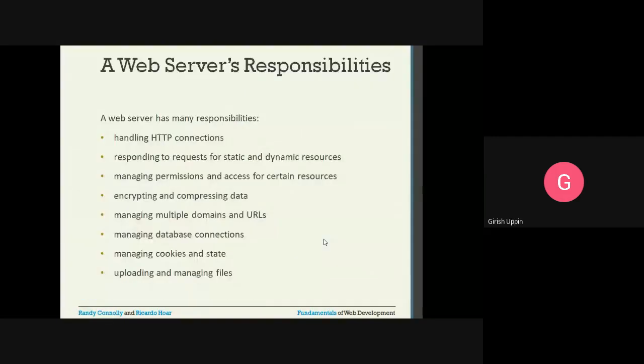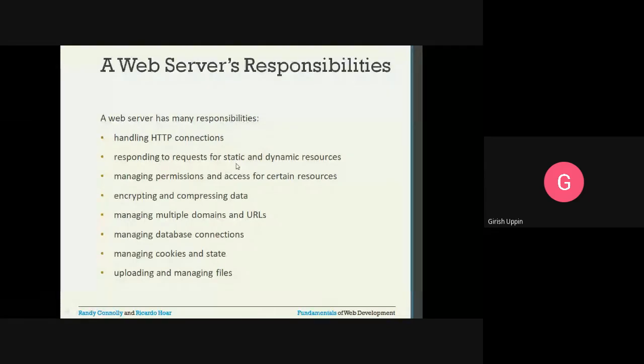So what are the responsibilities of the web server? A web server has many responsibilities. First, whenever it gets a request, it has to respond. Apart from that, it handles all the HTTP connections, so whatever the connection aspects are, it has to take care of them. It responds to requests for static and dynamic resources.